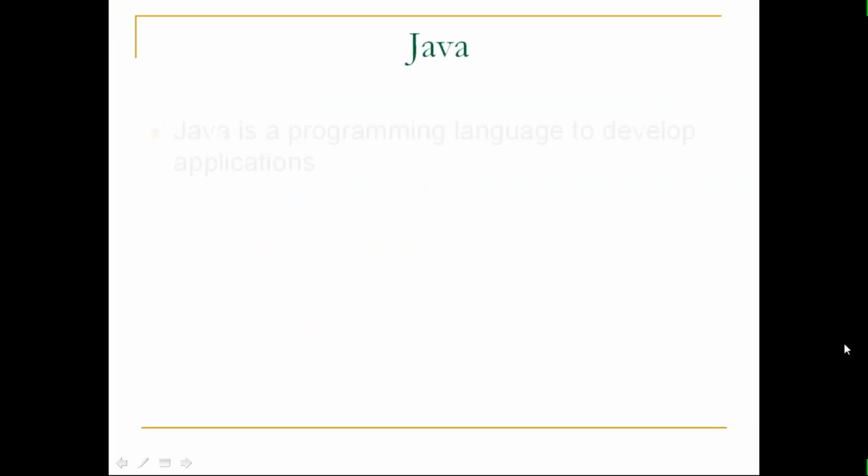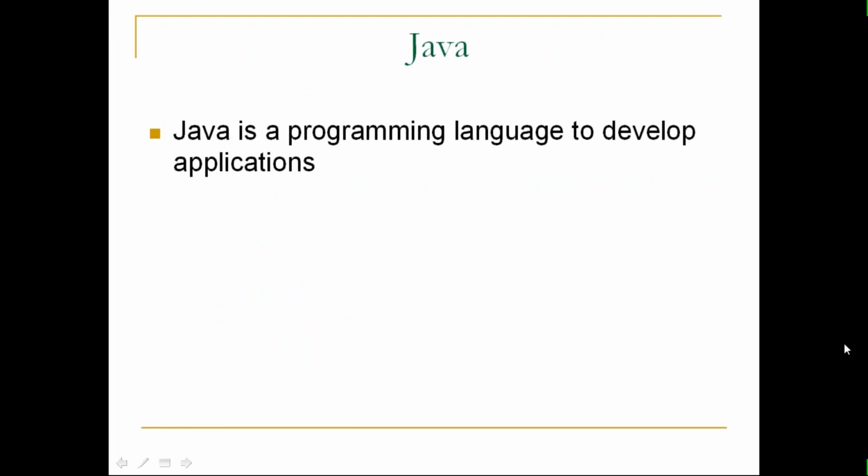To do an introduction, Java is a programming language which we can use to develop applications. Walmart.com, Amazon.com, the Capital One Bank website, the Bank of America website, these are all applications, and to build those applications we can use a programming language called Java. To develop something we need to write the code in Java.